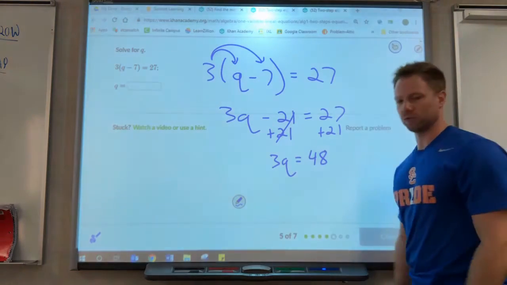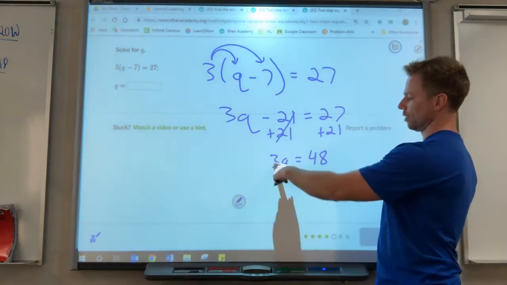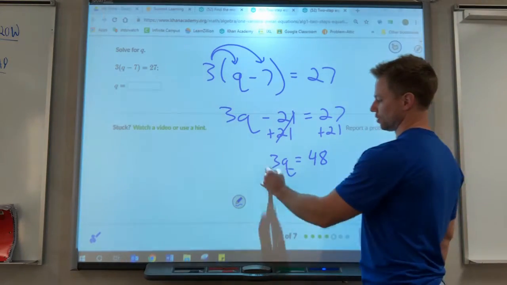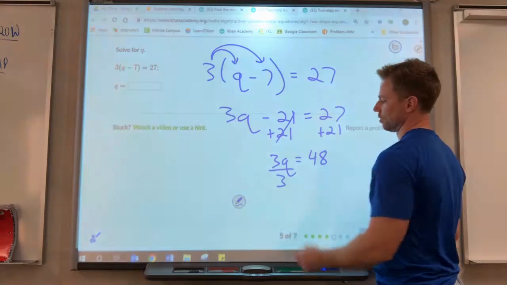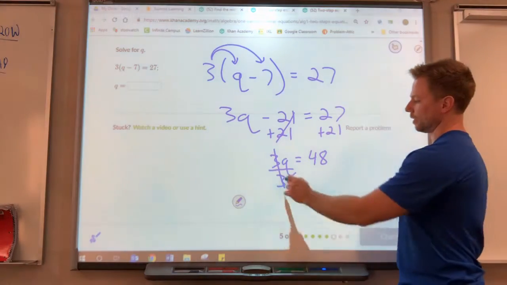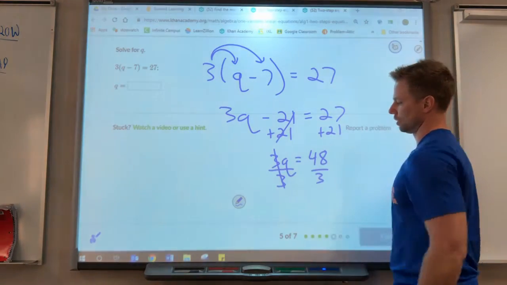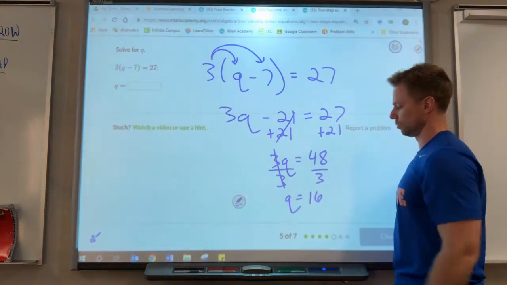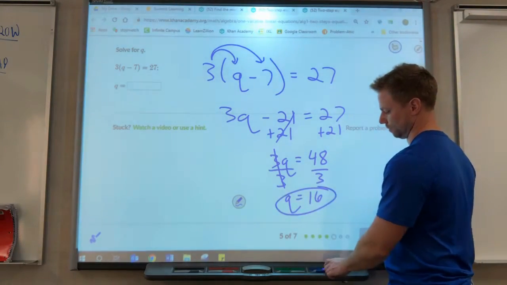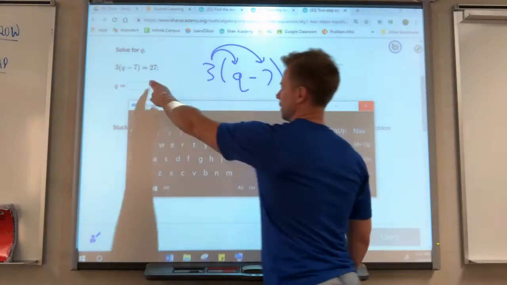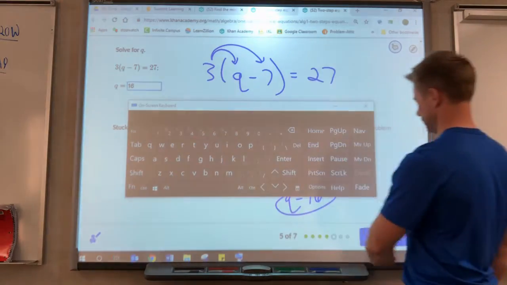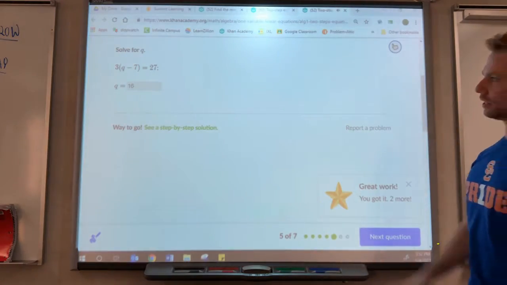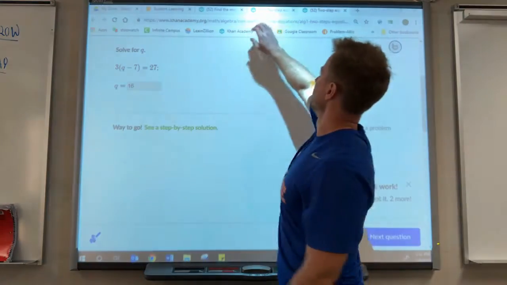Now we have to get rid of that 3 in front of the q. Again, when a number is right next to a letter like that, it means multiplication. So to get rid of it, we do the opposite, which is dividing. Divide by 3, what you do to one side, you do to the other side. Divide by 3, and q equals 16. All right, plug that in. Good. That's all for that link, combining those skills of